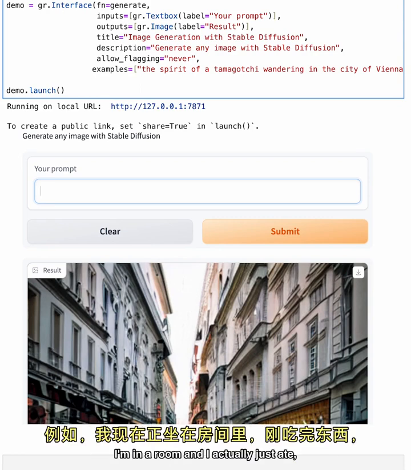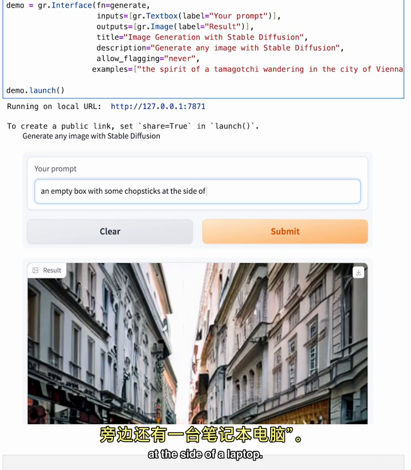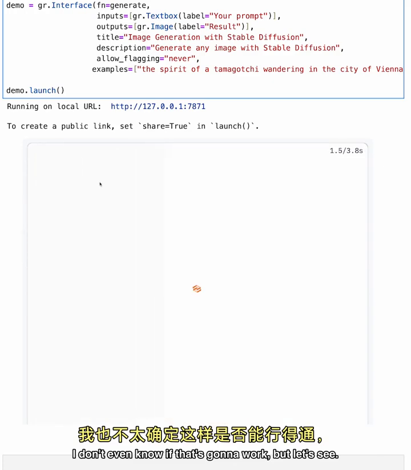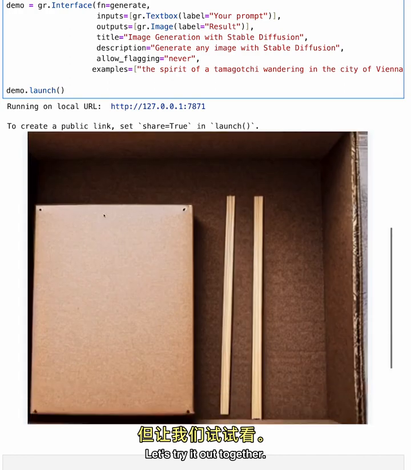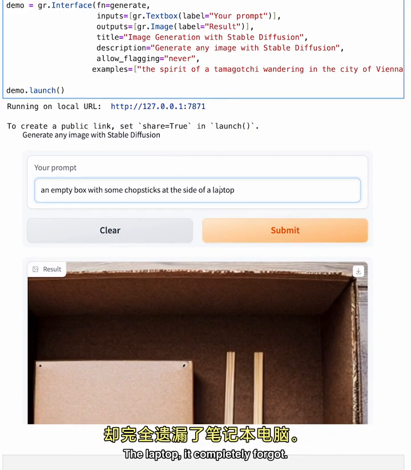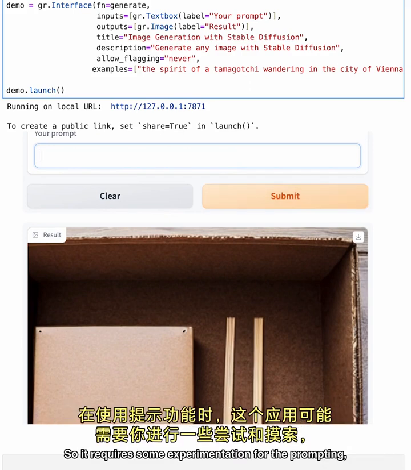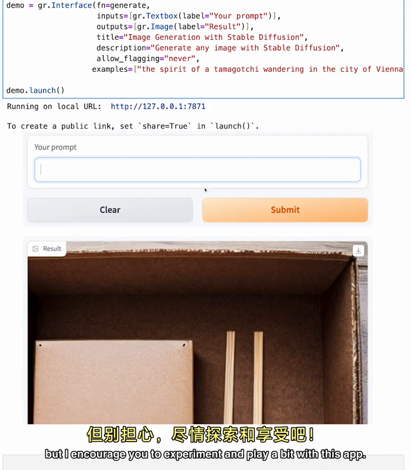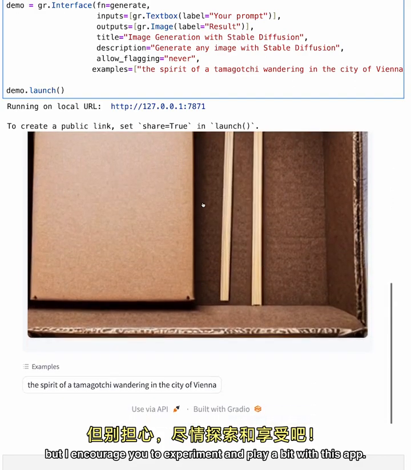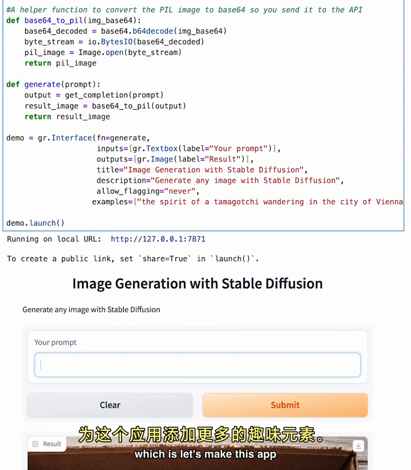Here, for example, I'm in a room and I actually just ate, so I will put something like an empty box with some chopsticks at the side of a laptop. I don't even know if that's gonna work, but let's see. Let's try it out together. Yeah, kind of had the empty box with the chopsticks. The laptop, it completely forgot. But yeah, these models are still not perfect and they don't follow the prompt fully. So it requires some experimentation for the prompt, but I encourage you to experiment and play a bit with this app. And once you're done, we will move on to the next step, which is let's make this app